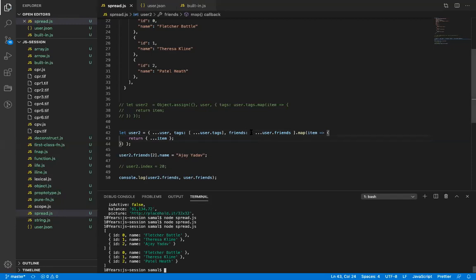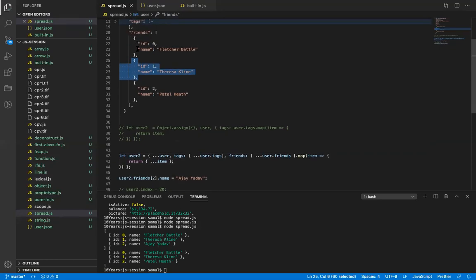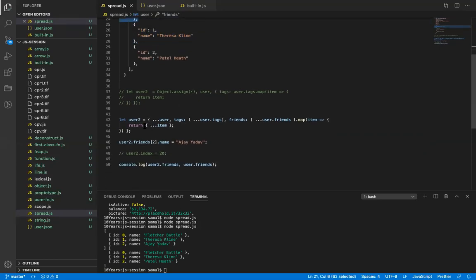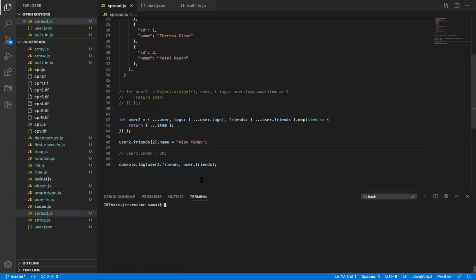So what I did, I basically spread the array first, then I ran the map function on that, and map executed, and again I spread the inner value. So I spread these values. We created a copy of this and returned. Because map returns another new array, this is attached. So if I now run this, it updates its own copy, does not update the original, because it is a new reference copy, new memory location.